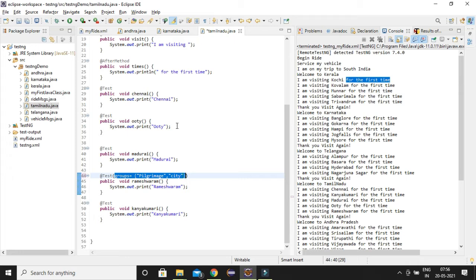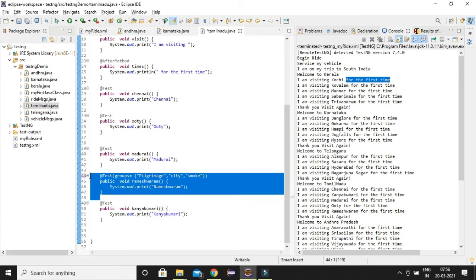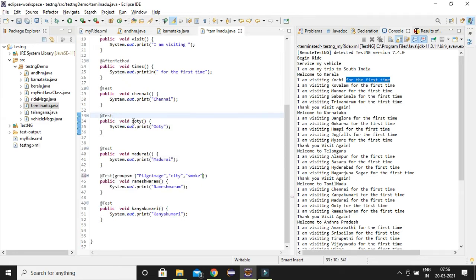Suppose at your workplace you want to run your smoke tests. What you have to do is just select the tests which you want to run as smoke and categorize them into smoke tests, so that whenever you execute smoke, only these tests will get executed. Suppose I want to execute Ooty also.